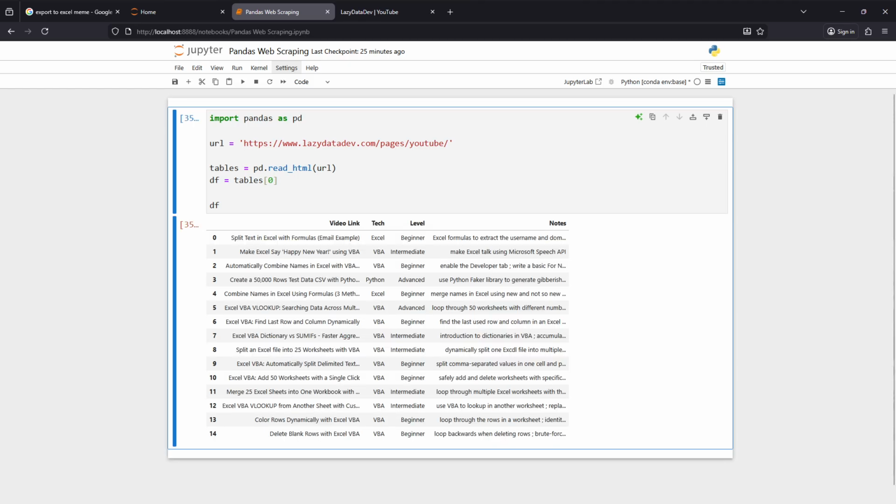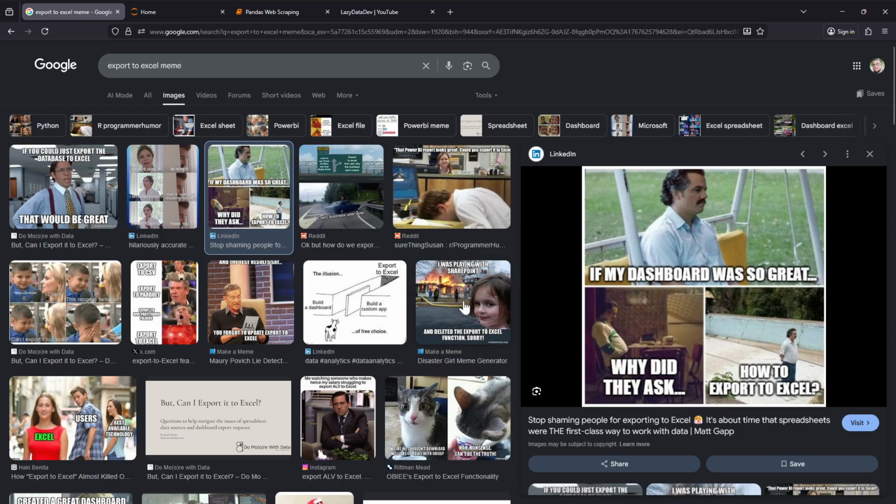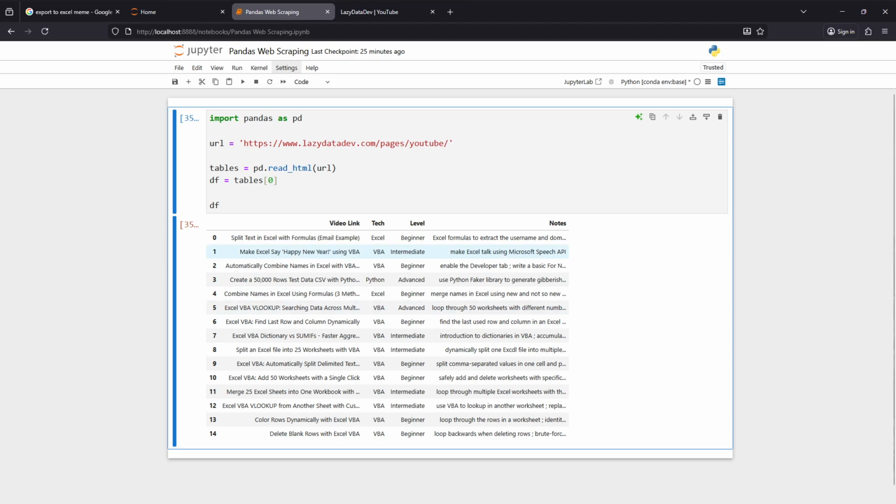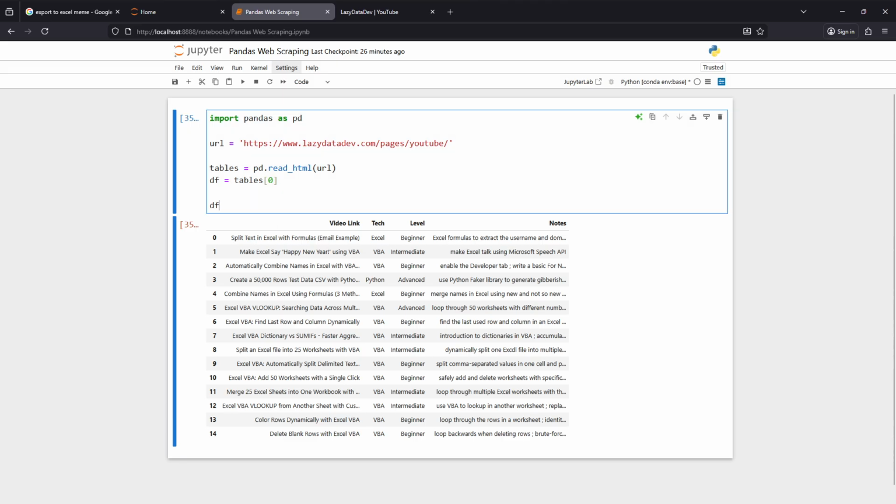And now at this stage, usually in the corporate world, many people would ask, can I export this to Excel? And actually, there are many memes over the internet, and I think some of them are quite funny. So if you're asking yourself, can I export this to Excel? Then the answer is yes. And it's actually really easy with Pandas because there is this